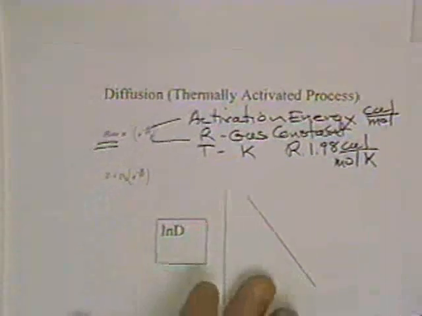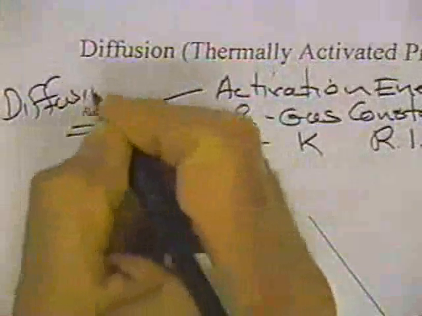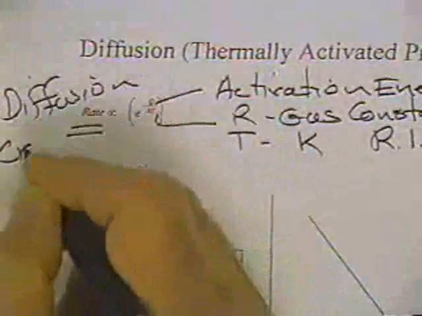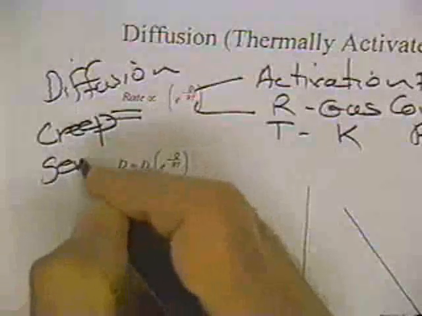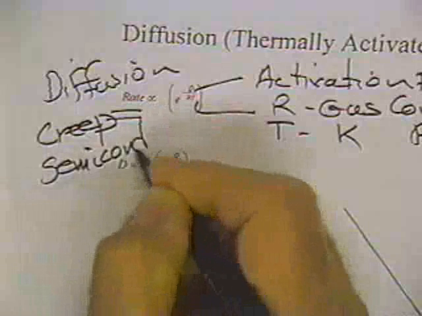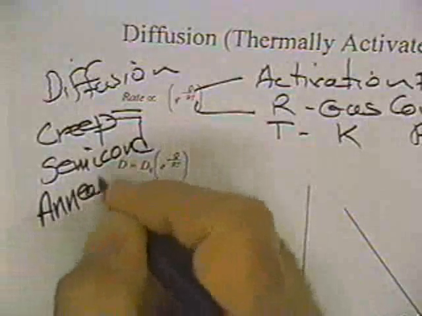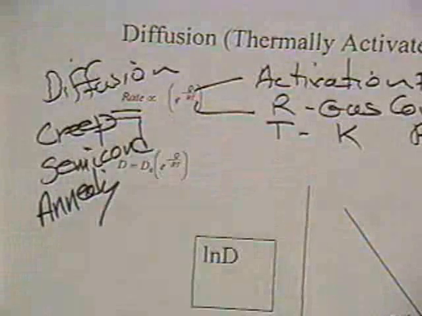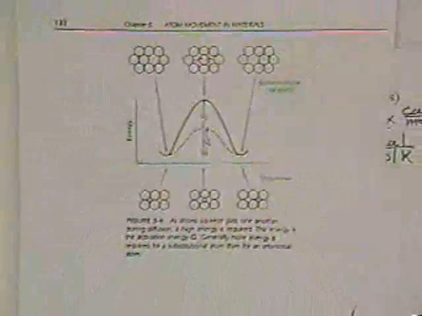And this crops up in lots of different areas. It's important in diffusion, which we're going to talk about. It's also important in creep, and it's important in the semiconductor industry. It's also important in the annealing process, which we'll talk a little bit later about. Now, just to make a comment on the thermally activated process, if you go to the second page, page 18 here,